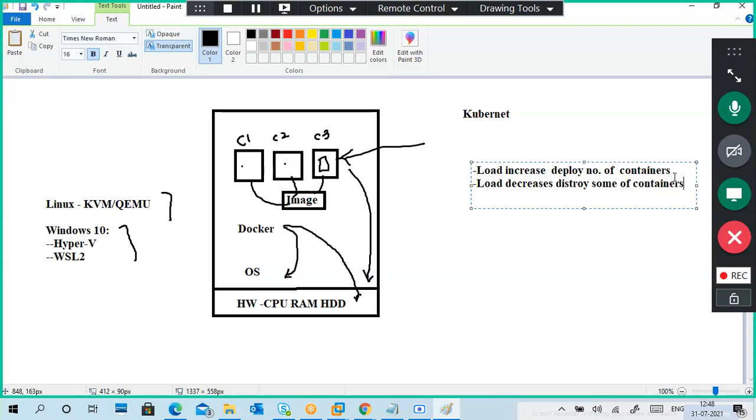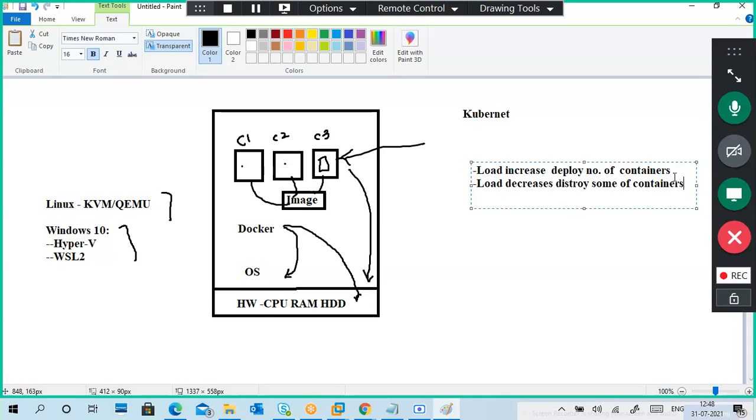Very simple, right? Like that, the elasticity property is a Kubernetes thing. Kubernetes service, microservices, these all deploy the containers automatically when load increases, and balance the load between these containers.